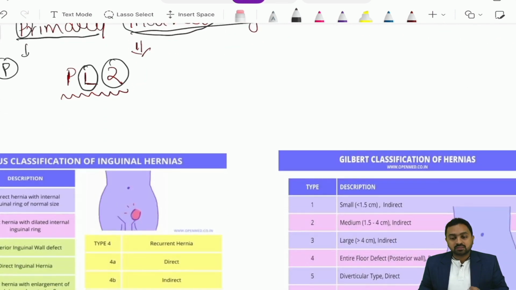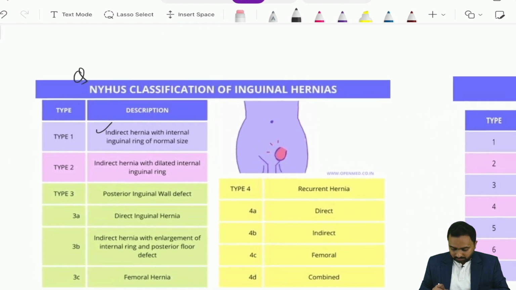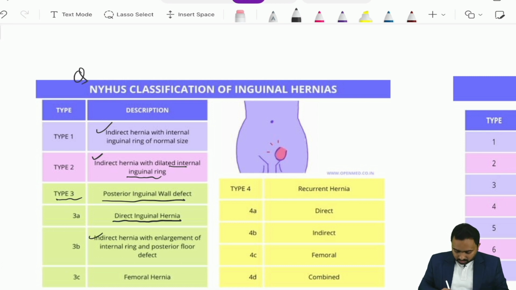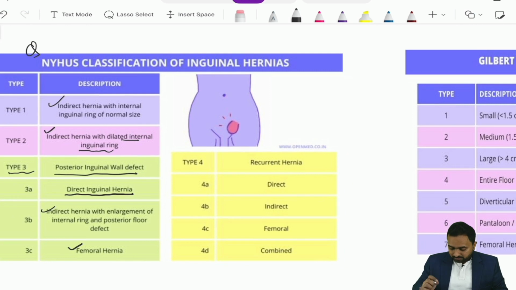Now, there are a few other classifications which we need to know. So, one is your NIHS classification of your inguinal hernia, where you have your type 1, which is an indirect hernia with an internal inguinal ring of normal size. Then you have type 2, which is your indirect inguinal hernia with a dilated internal inguinal ring. Then you have type 3, which is your posterior inguinal wall defect, 3A being your direct inguinal hernia, 3B being your indirect hernia with enlargement of your internal ring, and 3C being your femoral hernia. Then you have your type 4, which are your recurrent hernia, 4A being direct, 4B being indirect, 4C being femoral,